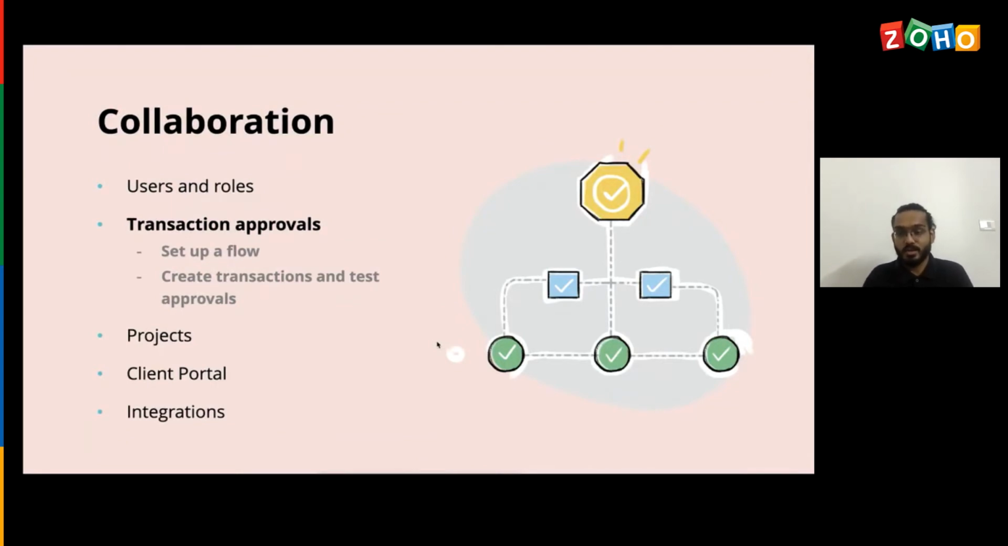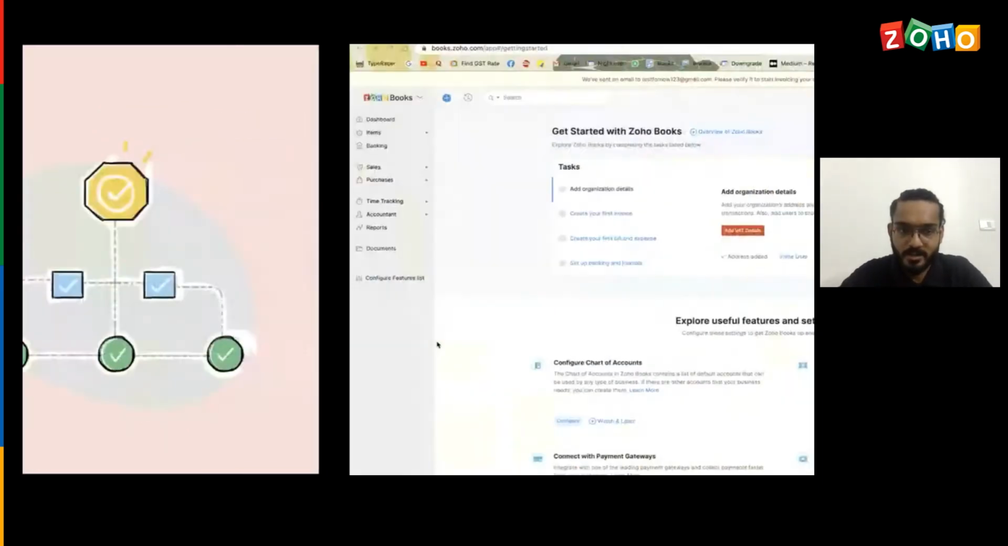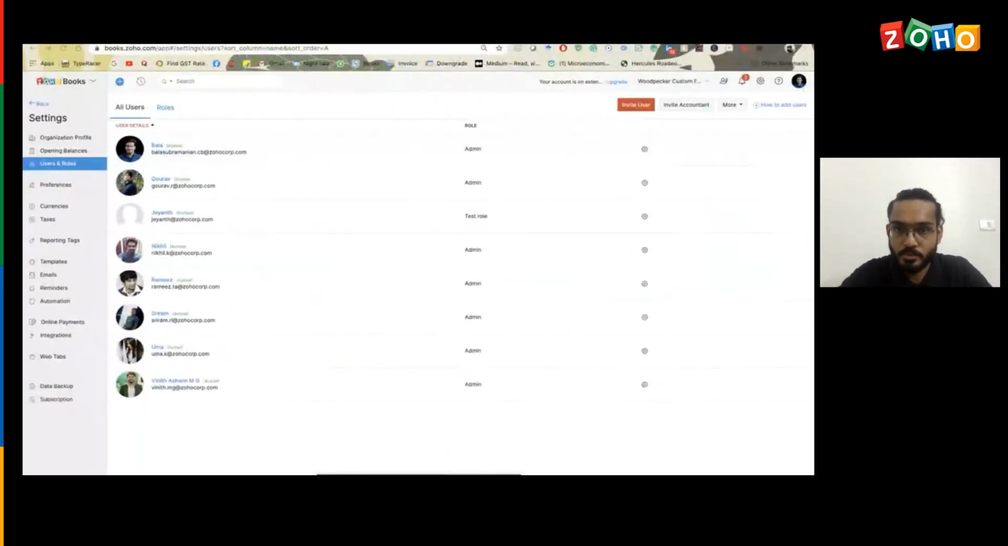So they, Woodpecker, wanted to have an approval flow set up in Zoho Books, and they want their transactions to be approved by a certain approver in their company, and they wanted to do that as well. So let's see how to do that. So we have to come to the